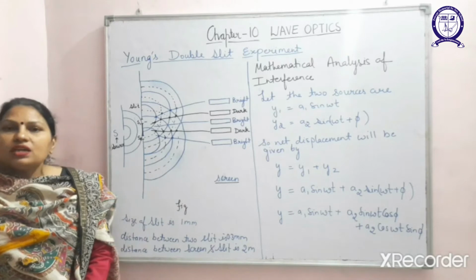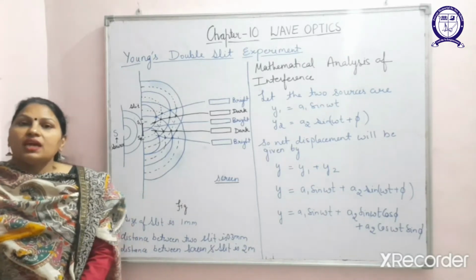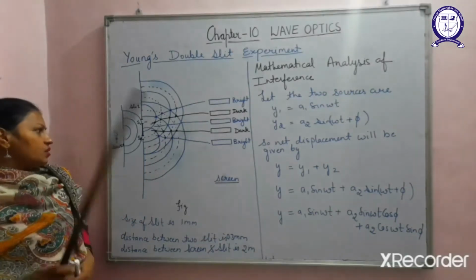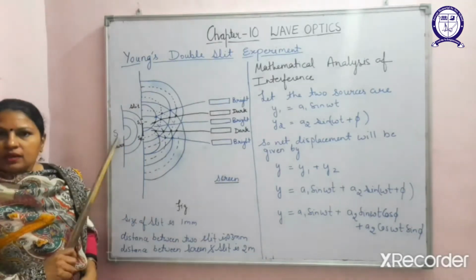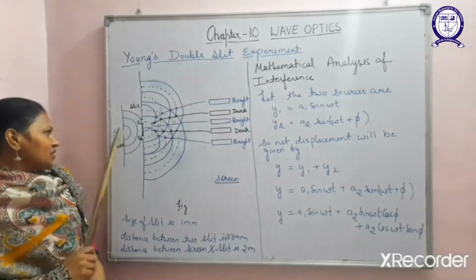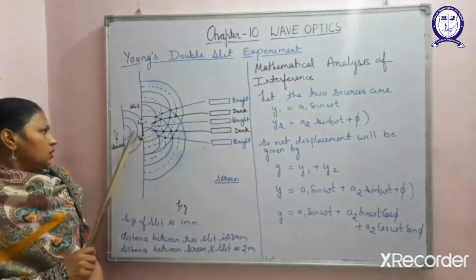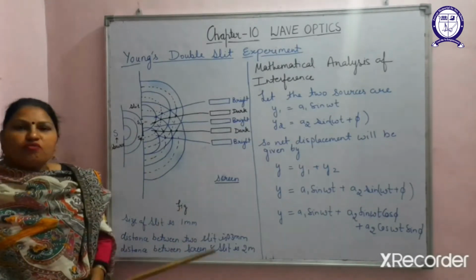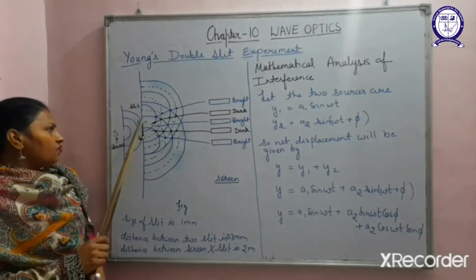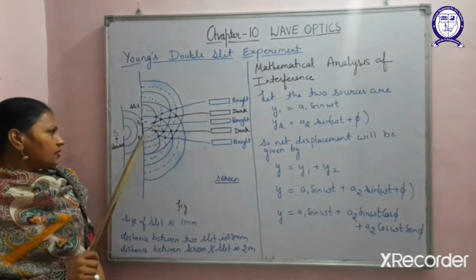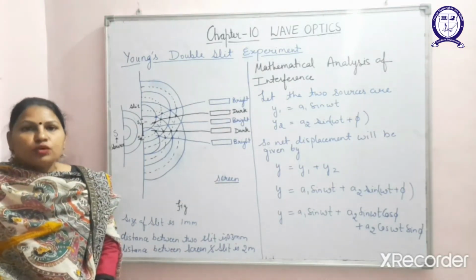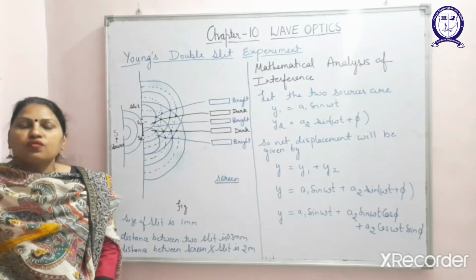First of all, I want to discuss the experimental setup of Young's double slit experiment. As you can see, there is a source S, which passes light through a slit of some particular width. These are the spherical wavefronts generated from the source, and after that there is a slit S1 and a slit S2 acting as two coherent sources of light, which I will explain in more detail.